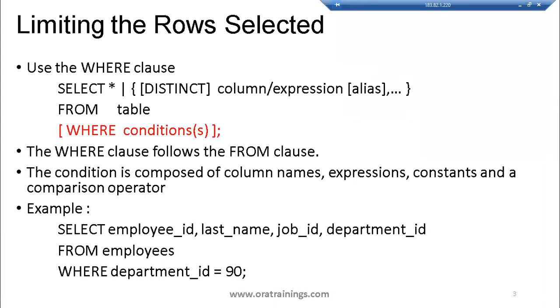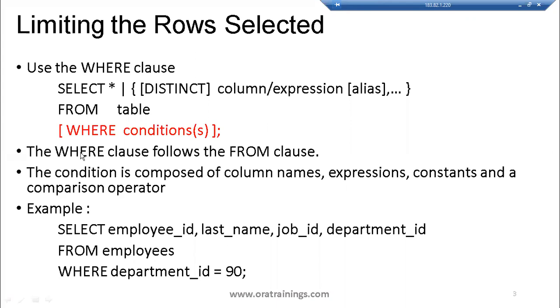Let us see the syntax of how we limit the rows provided by the select query. Earlier we have seen how to retrieve the data by just using a select and from clause. Now in this session, we are adding a where clause to filter the retrieved rows. If you observe the highlighted part, that is the where condition. When you write a select query, you can mention n number of conditions in the where clause, right?